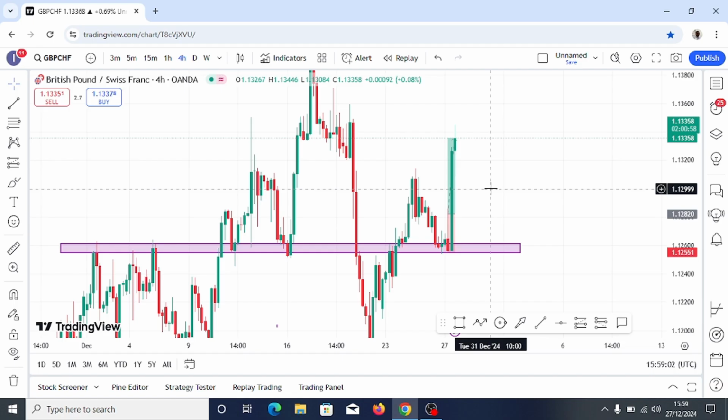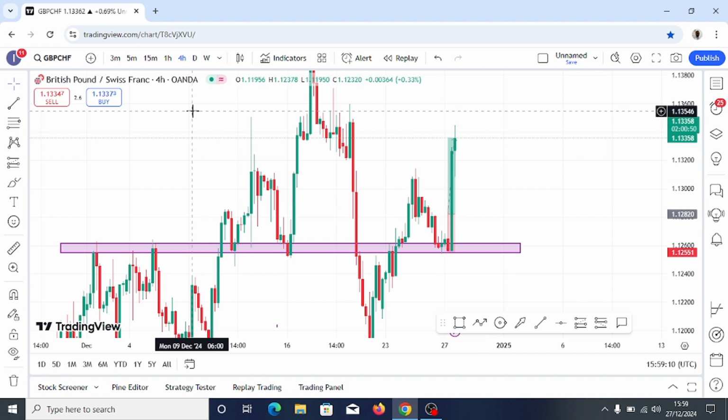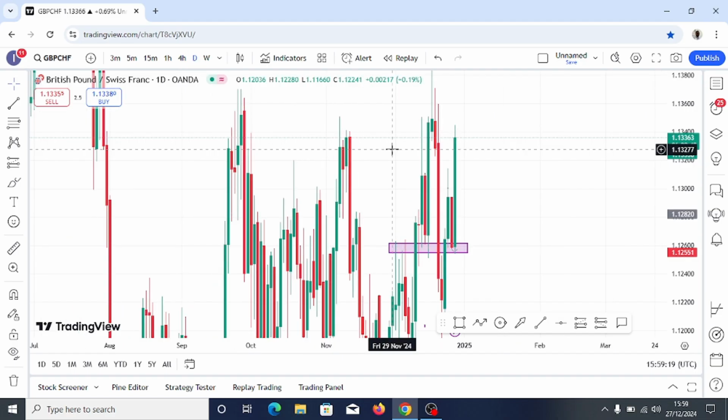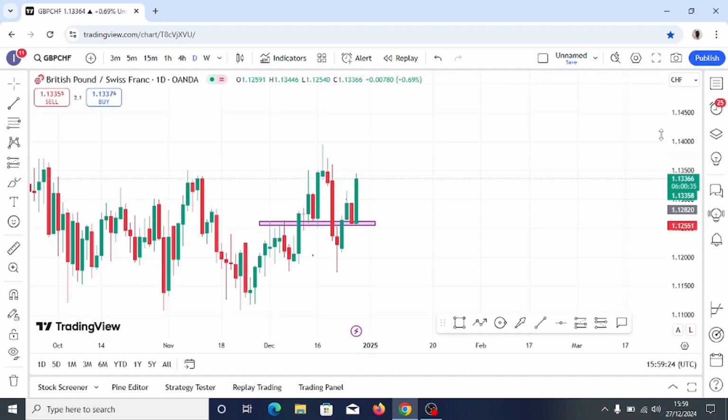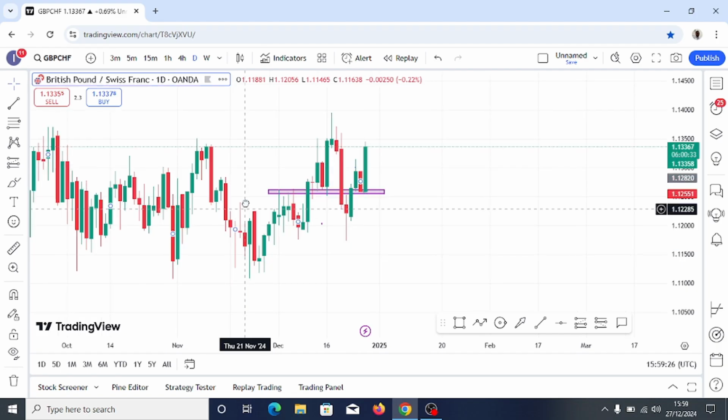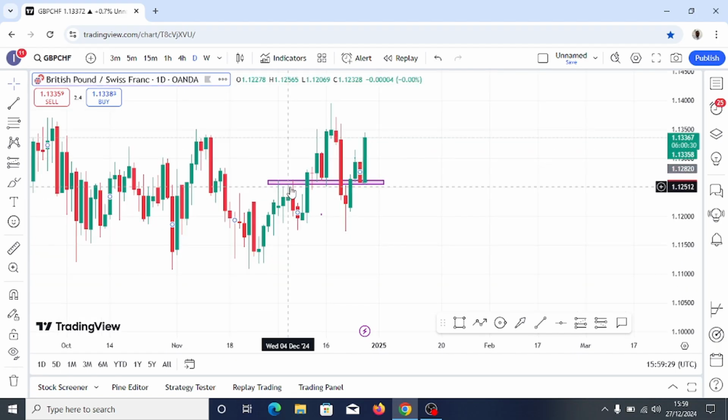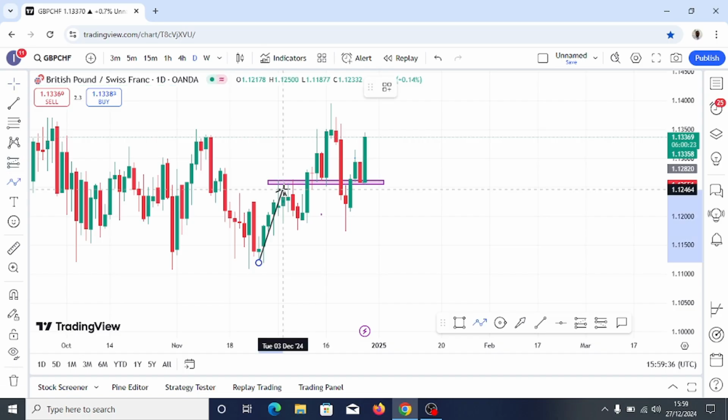So the trade is actually on GBP CHF. The first thing I do is top down analysis, and I come on the daily time frame to see the overall trend of the market, right? As you can see, this market was obviously in a bullish trend because it was making a higher high, a higher low,